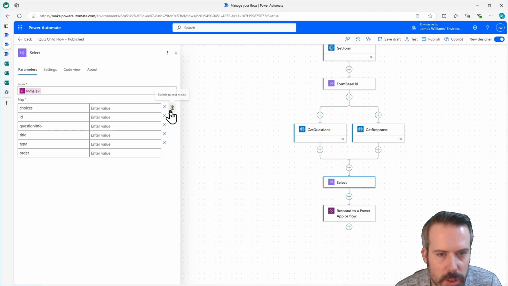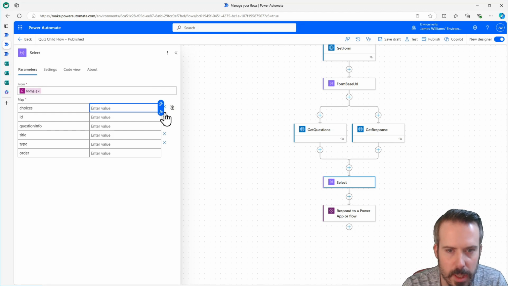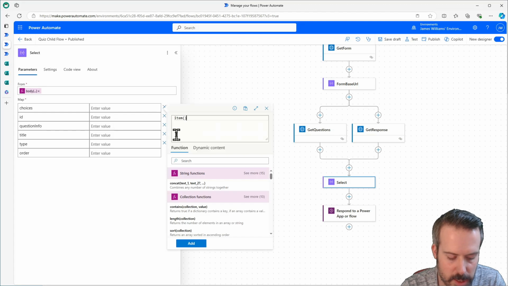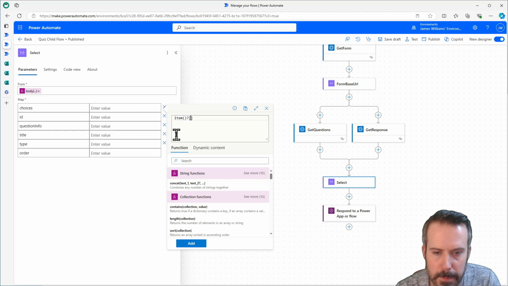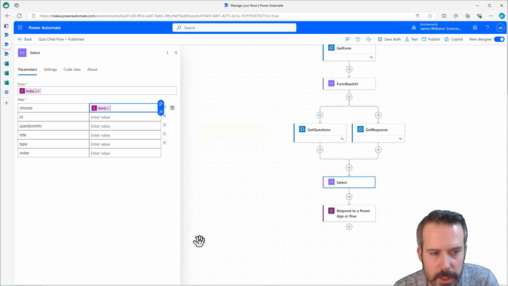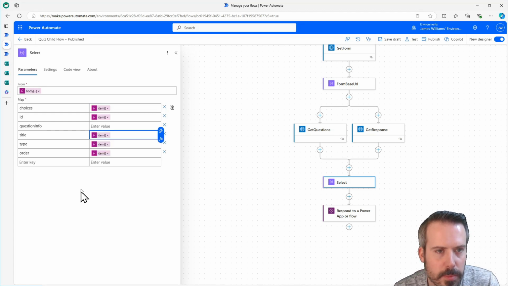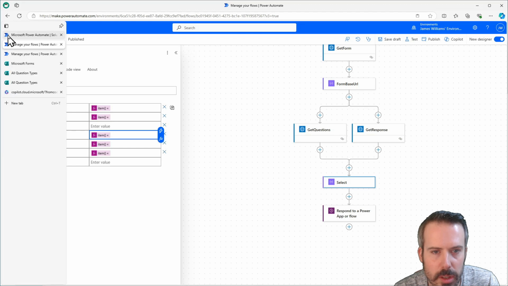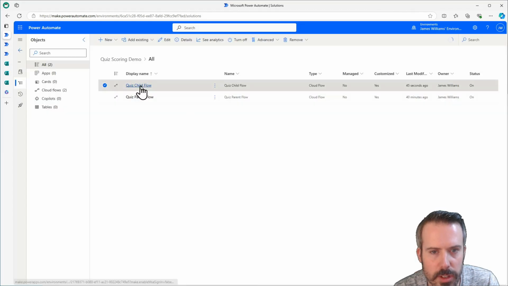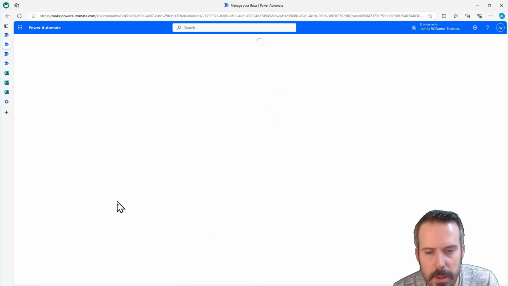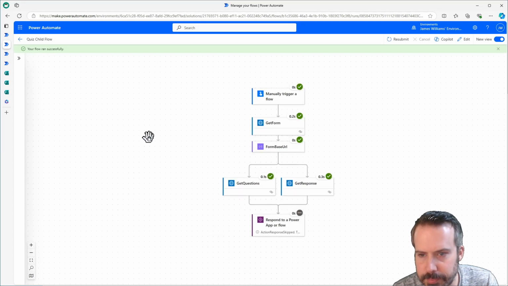So for choices, if I use an expression, so for each item in my input array, I'm going to get the choices property. So if I add that in, I'll need to do that for all of these. So I'll just do that now. So that's those all filled in except for question info, because if we go back and look at the last run at the get questions response,